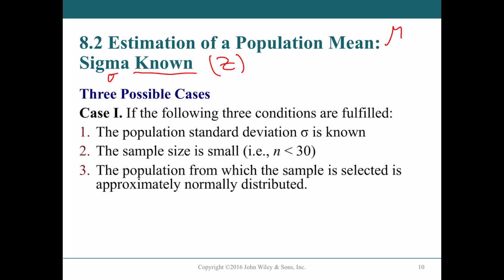But anyway, there are 3 possible cases, and the book gets repetitious about this, so I'm only going to cover this once. If the following conditions are fulfilled, and we know the standard deviation, that's kind of going into 8.2, so we know that's the case for 8.2 to even be in effect. Later on, we'll change it up. However, we might have the 2 more important situations where maybe our sample size is small. Not a good thing, less than 30. But what saves us is we have a normally distributed, or at least approximately normally distributed, set of data from well-known types of data.